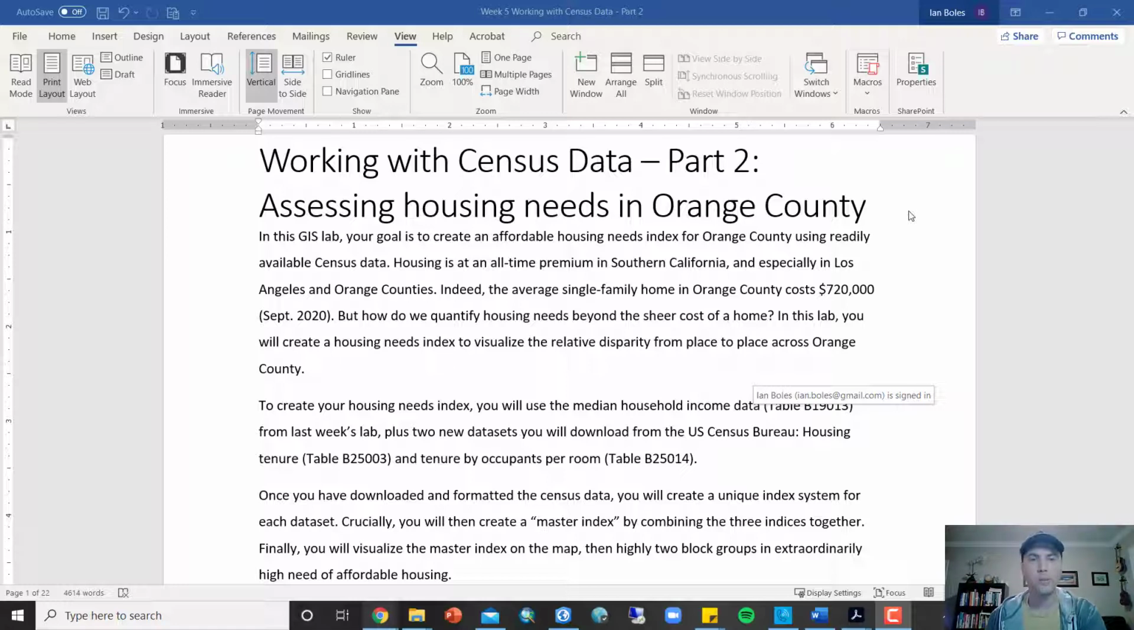readily available census data. Housing is at an all-time premium in Southern California, and especially in Los Angeles and Orange counties. Indeed, the average single-family home in Orange County costs $720,000 as of this month. But how do we quantify housing needs beyond the sheer cost of a home? In this lab, you will create a housing needs index to visualize the relative disparity from place to place across